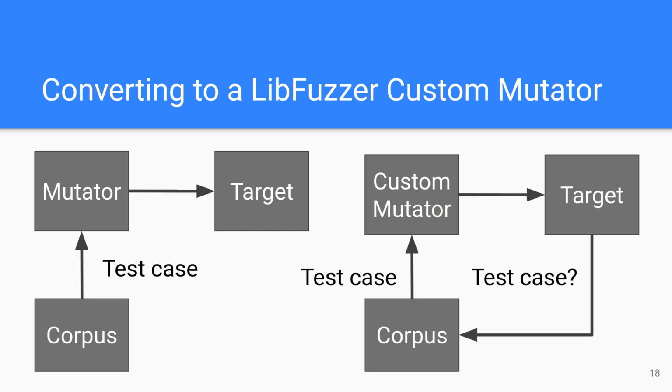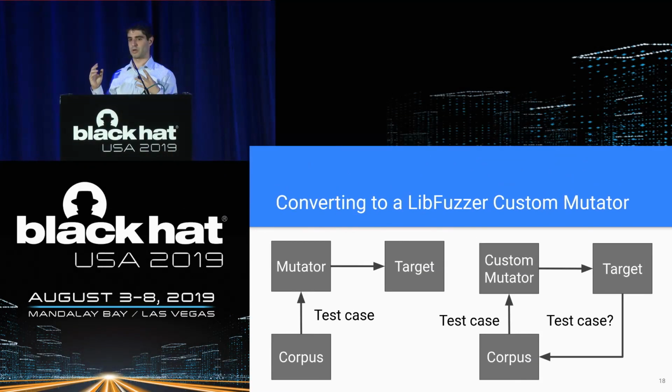I was recently converting a font mutator into a libFuzzer custom mutator. The problem there was, this font mutator would parse what it expected to be semi-valid fonts and mutate them, and that I would then feed to the target. Well, once it was mutated, it sometimes wouldn't be able to parse those mutated outputs again. So in that case, you could just fall back to libFuzzer's default mutator, or even maybe improve